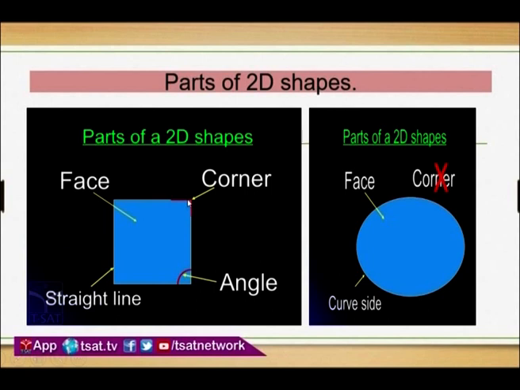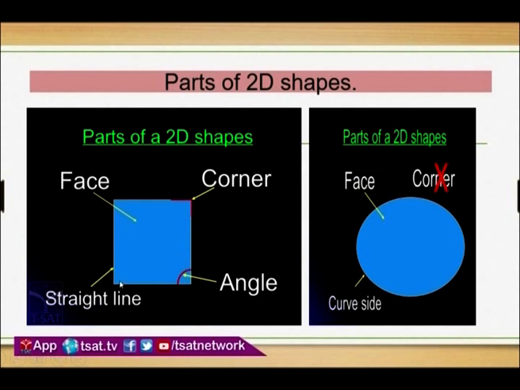Corner indicates the 4 vertices of the square. A square contains 4 corners. Am I right here? From the picture you can clearly see it contains 4 corners, and each corner is a vertex of the square. It contains a total of 4 vertices, and it also contains 4 angles.